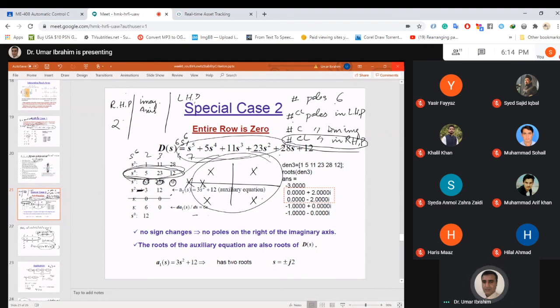कैरेक्टरिस्टिक पॉलिनोमियल का। तो इसका मतलब है कि इससे ऊपर वाली रो के जो रूट्स होंगे वो कैरेक्टरिस्टिक पॉलिनोमियल के भी रूट्स होंगे। सिर्फ एक चीज का आपने ख्याल रखना है कि अगर आपका जो परफेक्ट फैक्टर आ रहा है, अगर वो इवन पॉलिनोमियल है, तो इवन पॉलिनोमियल में अलजेब्रा के रूल्स ये हैं कि इवन पॉलिनोमियल के जो रूट्स होते हैं वो हमेशा मिरर इमेज अक्रॉस द ओरिजिन होते हैं। बस नाउ दिस एडिशनल इंफॉर्मेशन को यूज करके आप बता सकते हैं कि इस सिस्टम के, वैसे नॉर्मली रॉ स्टेबिलिटी क्राइटेरिया तो आपको सिर्फ ये बताता है कि राइट हैंड प्लेन में कितने पोल्स हैं, which is equal to number of sign changes in the first